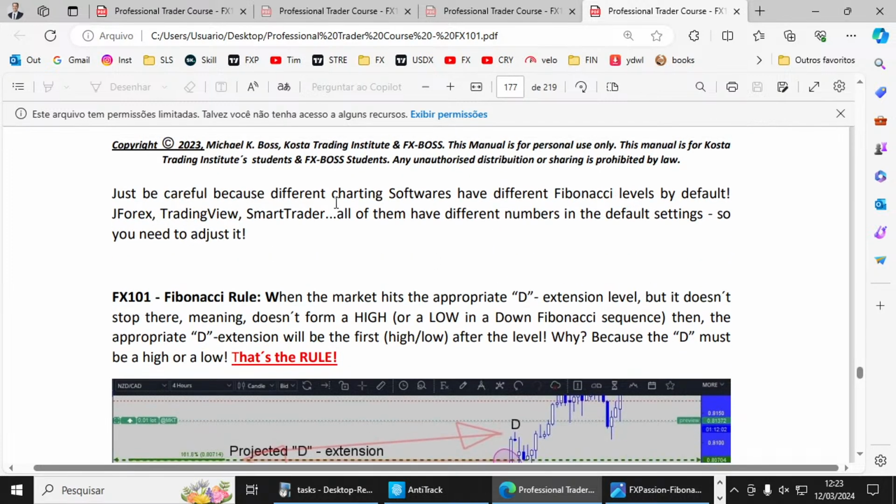Just be careful because different charting softwares have different Fibonacci levels by default. JForex, TradingView, Smart Trader, all of them have different numbers in the default settings, so you need to adjust it, alright? So if I go on TradingView,